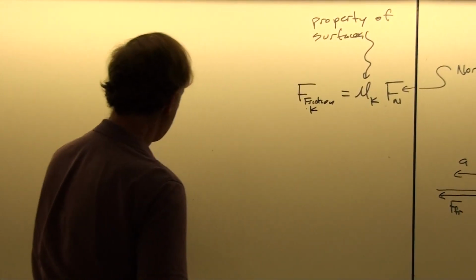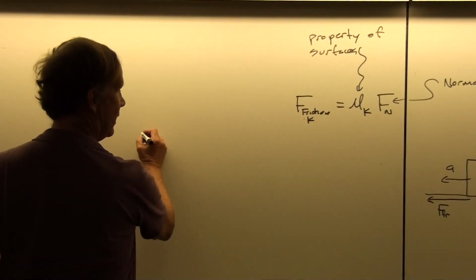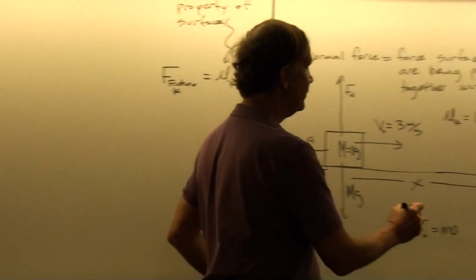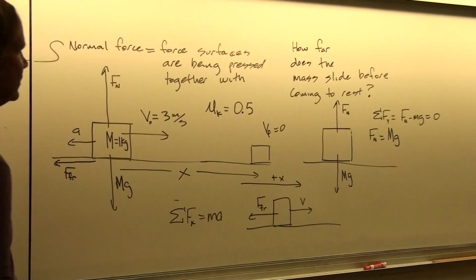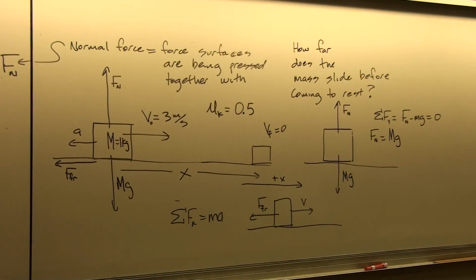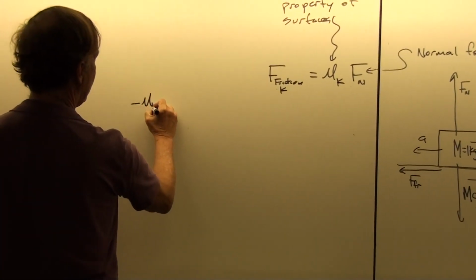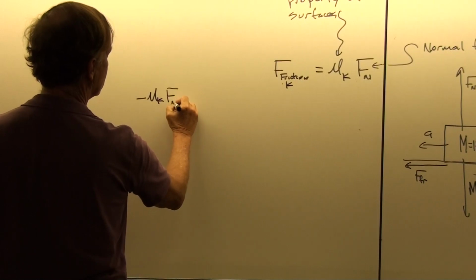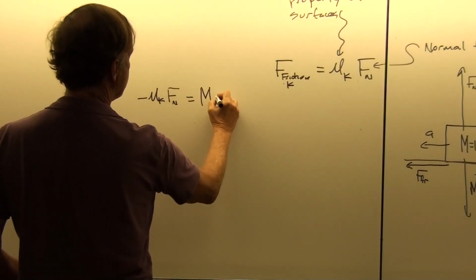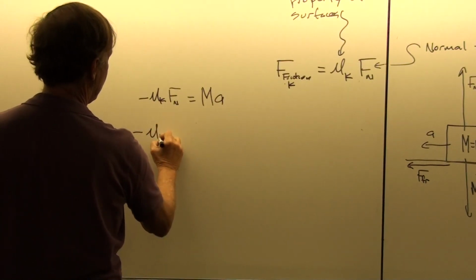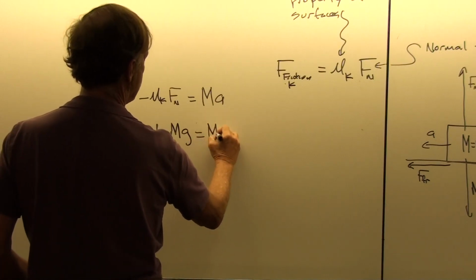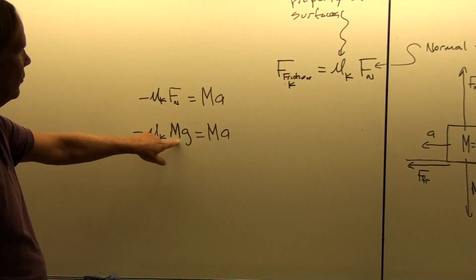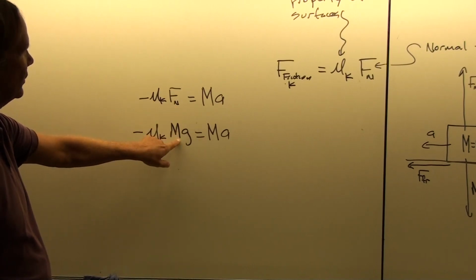And so I'll write that over here. Pretty simple equation. We have the x force is negative because we'll define the positive direction to be the direction of motion. And you should always do that because you don't want friction forces being positive. It just makes things more confusing. So we can say that minus mu k times the normal force equals ma, or minus mu k times big mg equals big ma. And this came from solving the y equations and getting that the normal force was equal to the weight.